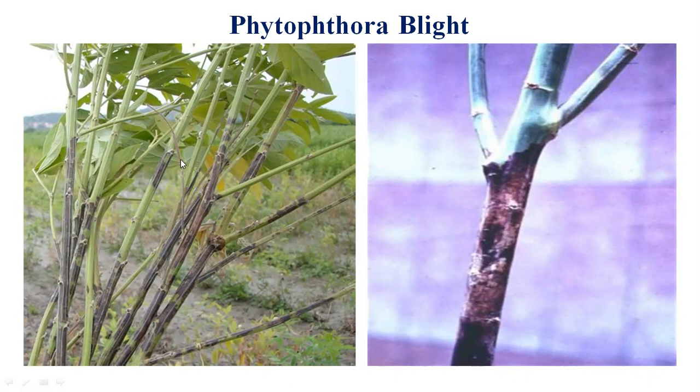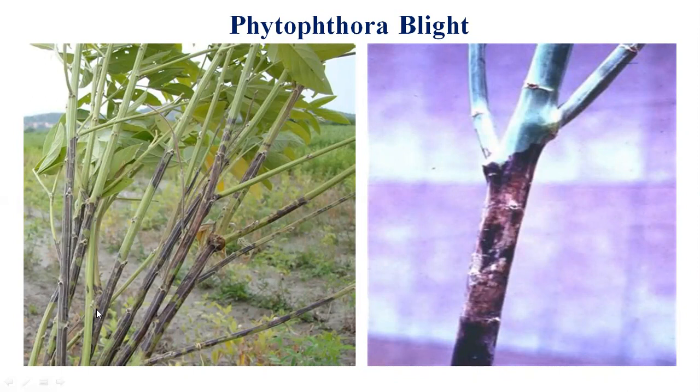And later on, when it converts into heavy lesions, it can appear as rotted patches on the basal portion of the stem as well as on each and every internode of the stem. So Phytophthora blight shows internal symptoms on the vascular tissues as well as external blackish blighted symptoms on the external and internal tissues of that particular stem part.